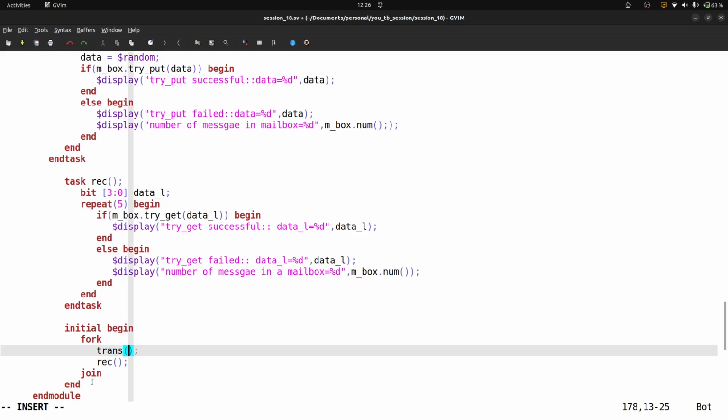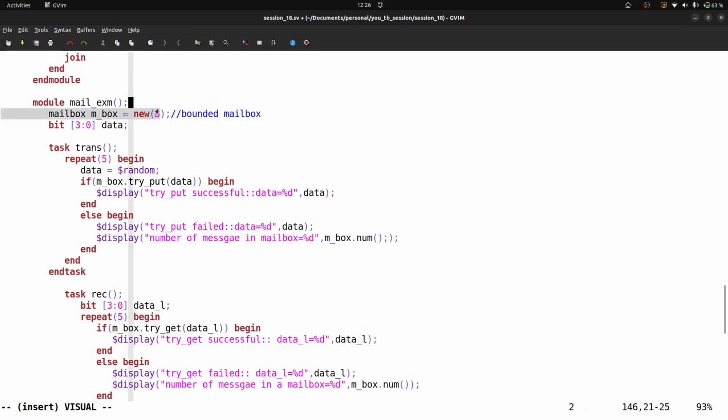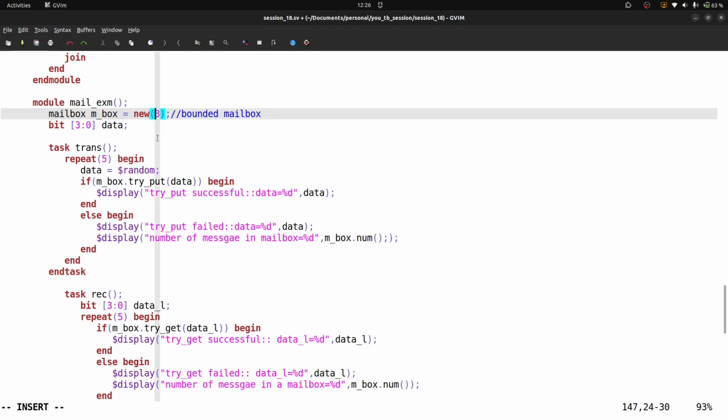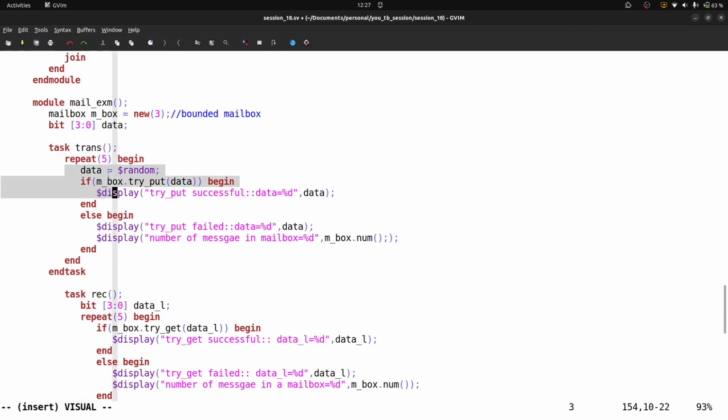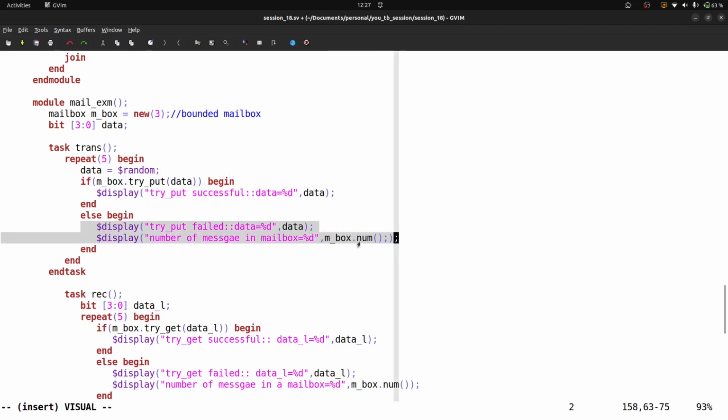So guys, now try to understand what we have done in that example. Simply we have declared a bounded mailbox which can hold up to 3 elements, right? One 4-bit variable, the name is data. After that, repeat 5 means I am repeating this process 5 times. So every time it will generate some random data and try to put it inside the mailbox, right? So this is the function. If that is successful, it is okay, else it will go to this part and give this display,